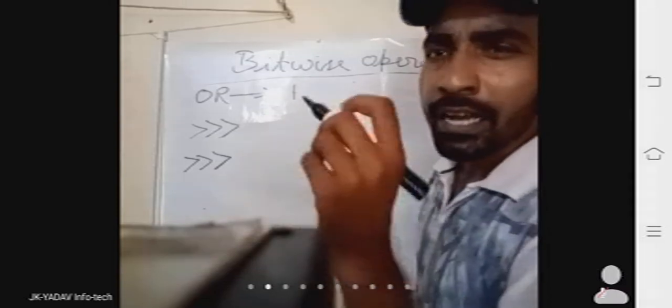Now I am going to talk about bitwise OR. Its symbol is a straight vertical line. Actually, there is a gap in the middle between the top vertical line and the bottom vertical line. There are two vertical lines, but it is shown as one vertical line. So that is the symbol of OR.